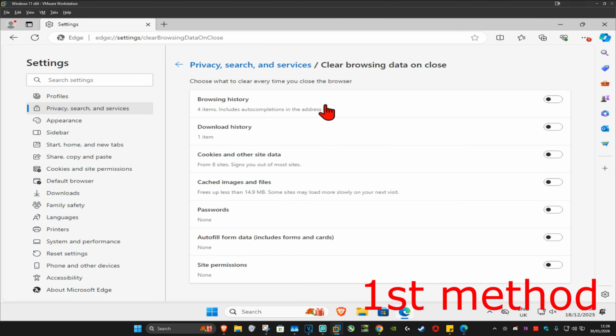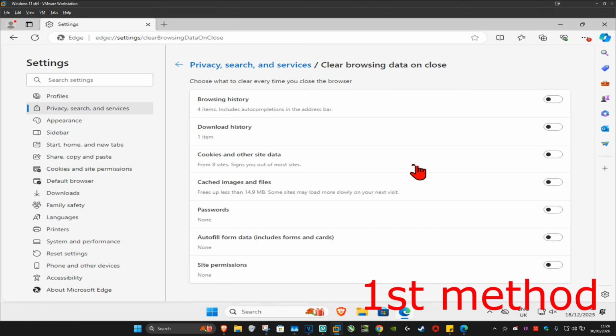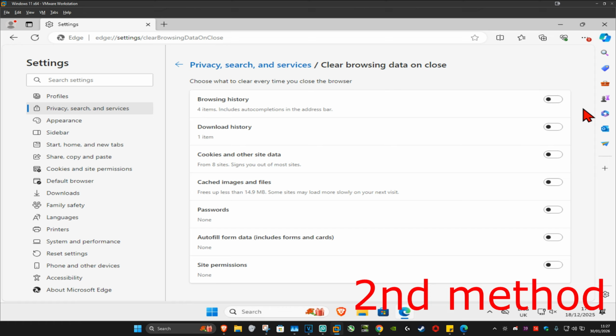Click on this. Make sure that you have cookies turned off. You want to turn off cookies and other site data. See if that works. If that's still not working, then for the second method, on the left hand side, you